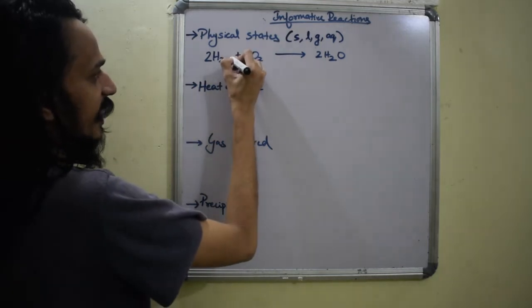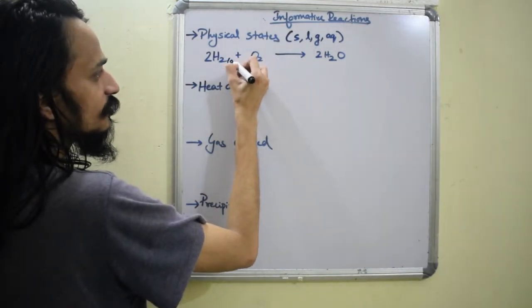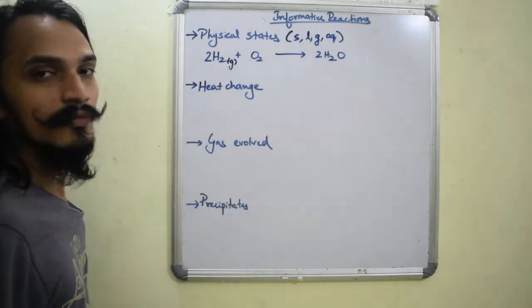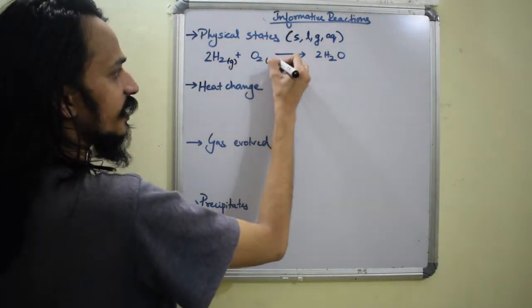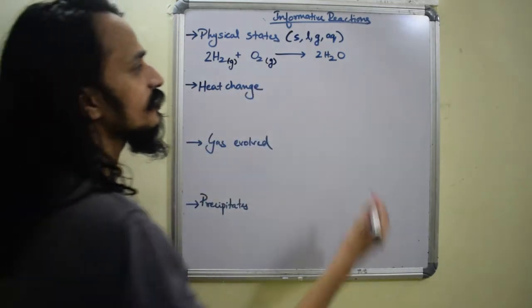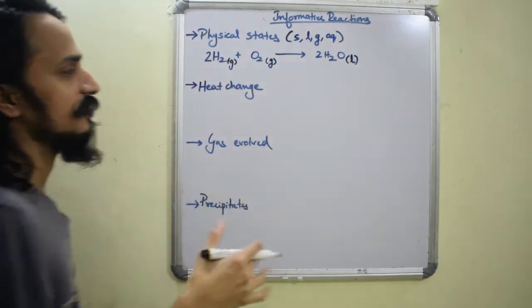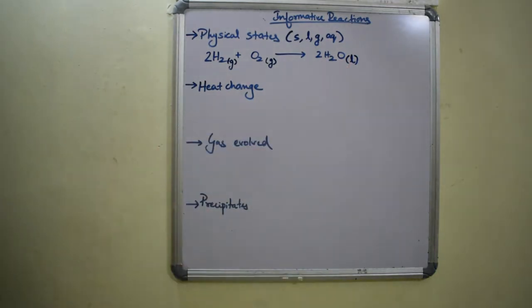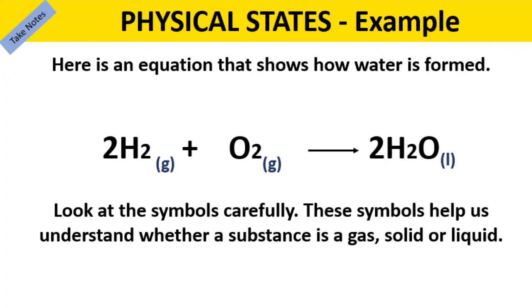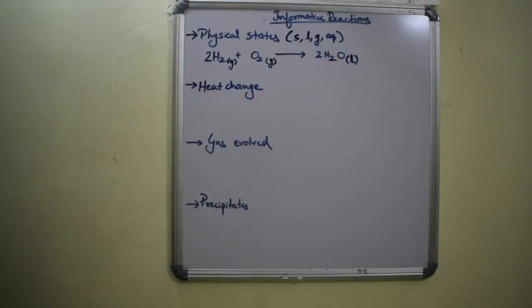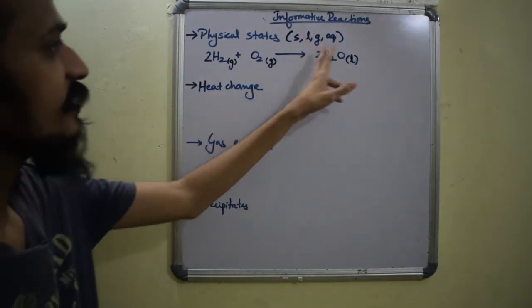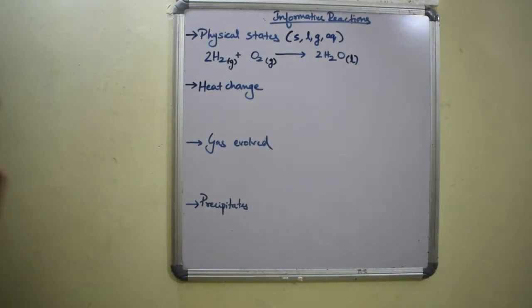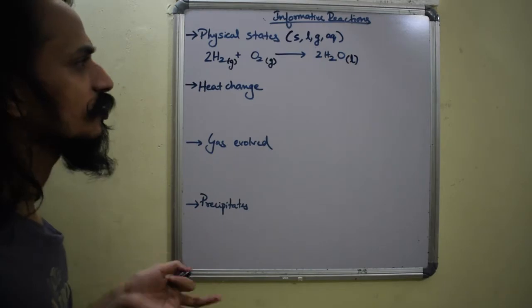We know hydrogen is a gas, right? So I'm just going to write a small g in brackets below H. Same goes for oxygen, which is also a gas. We know water is a liquid, so since it condenses as a liquid, I will write a small l over there. So in any reaction we can put them as g, l, s or aq. aq is nothing but whenever you get a liquid solution, we call it aqueous. A solution is called aq.